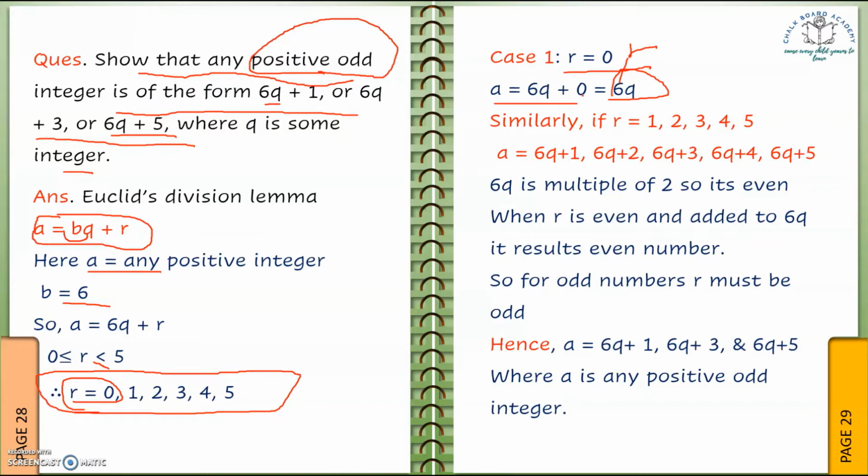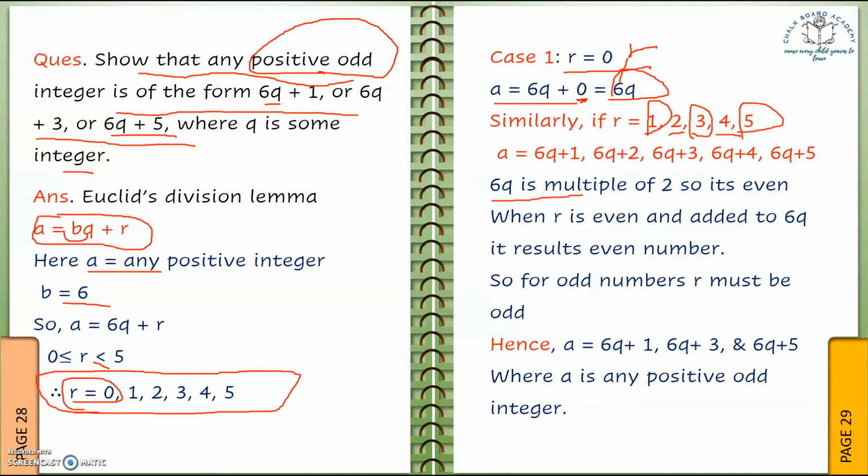So when we put r as 1 here, then it becomes odd. How? Because we are adding something odd to an even number. If any odd number is added to an even number, it becomes odd, and if odd is added to odd, then it becomes even. So here when we add 1, that is r is equal to 1, and when we add 3 or when we add 5, the resultant number formed will be odd, and in the rest of the cases like 2, 4 and 0, as we have already discussed, it will be even.